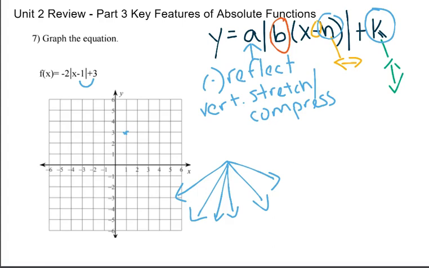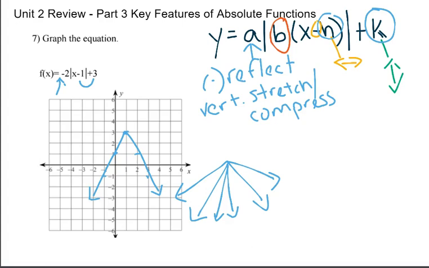I can already tell without even putting it in the calculator that that's what it's going to look like. I also know by looking at this equation it's going to be reflected because of that negative, and it's going to be stretched because of that 2. So it's going to be stretched down by 2, like that. Now you can put this into the y equals of your calculator to verify that that's what the graph looks like,